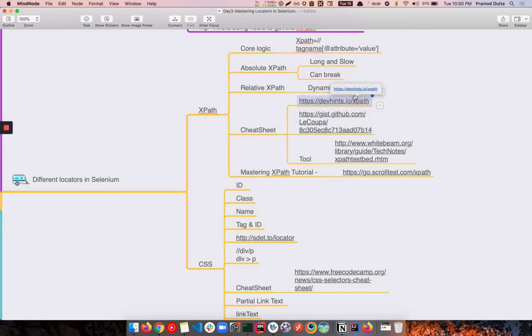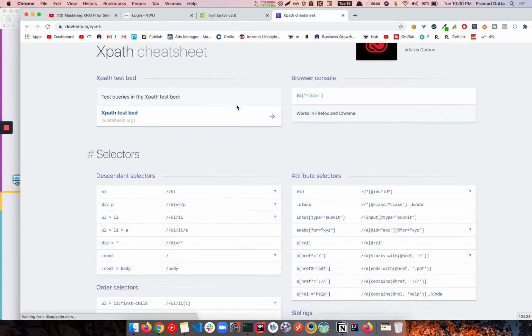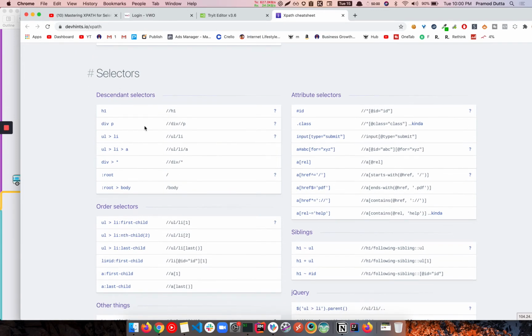And one more important thing that I would like to give you is this cheat sheet. So make sure you basically copy this cheat sheet. So this cheat sheet basically talks about how you can create your own XPaths. Like if you have ID directly, it is a simple ID, then you can basically use double slash anywhere. Star means anywhere in the page. So basically double slash means we are finding in the document. Star basically means any element with the ID equal to ID, we are able to find it, right?